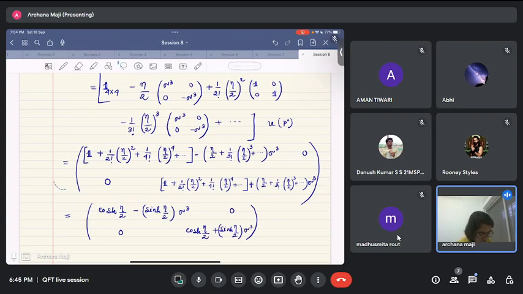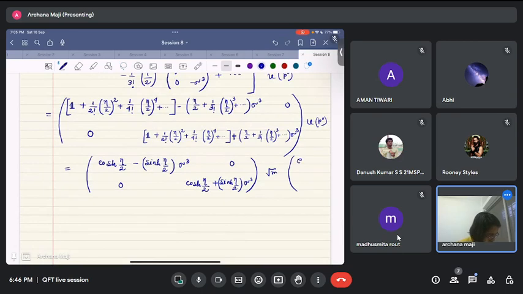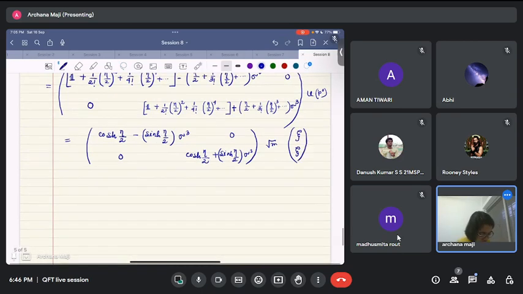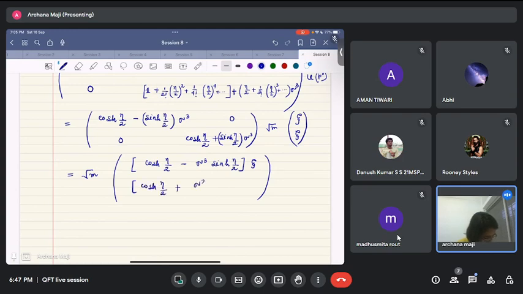Okay, sorry, I forgot to write the free solution. Sorry, I mean rest frame solution. So multiply by square root m xi. So this means square root m, what do we get? This entire thing minus sigma 3 sine hyperbolic eta by 2 xi, cos hyperbolic eta over 2 plus sigma 3 sine hyperbolic eta over 2 xi. Okay,